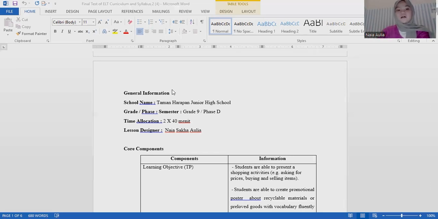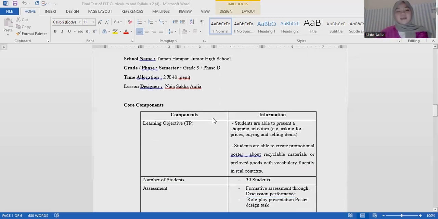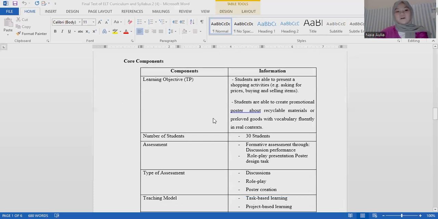Starting from the general information, my school name is Taman Harapan Junior High School, and the grade or phase is grade 9 or phase B, and time allocation is 40 minutes. And the lesson designer is me, Naya Saka Aulia. And moving on to the core components, I use this table